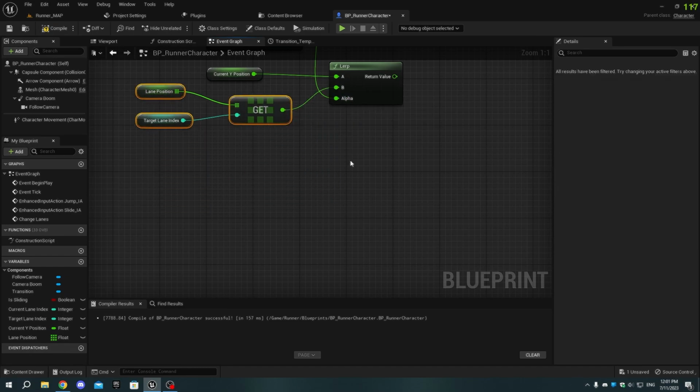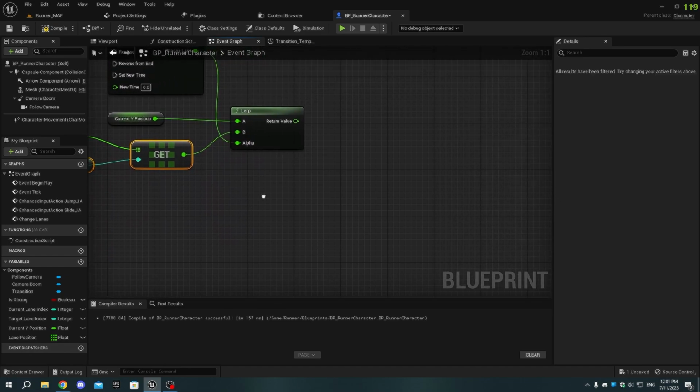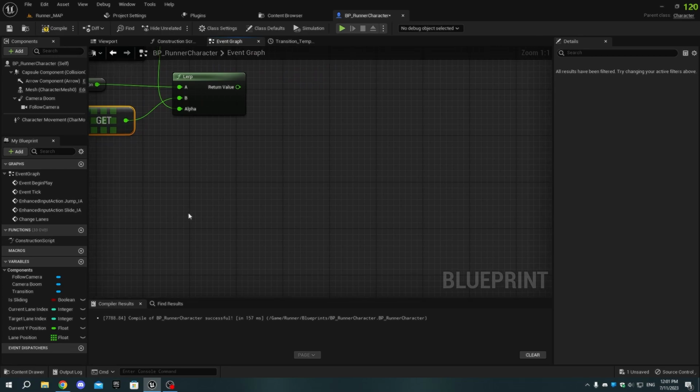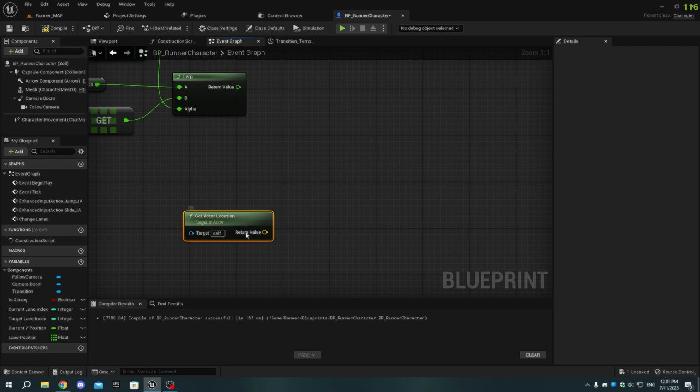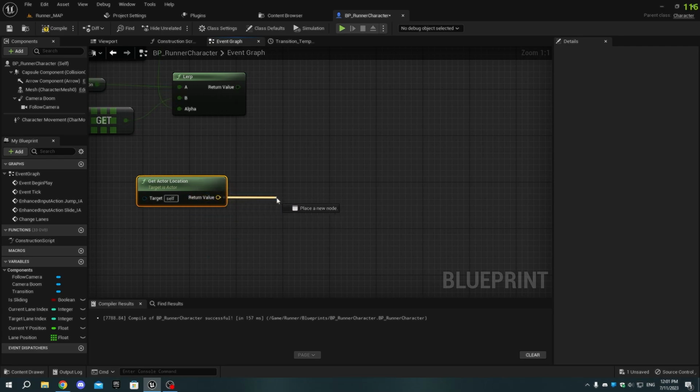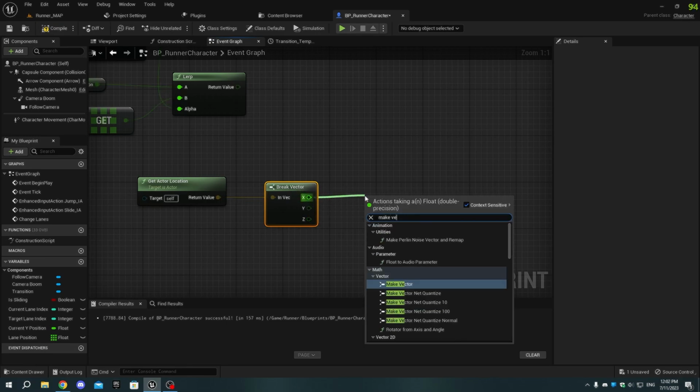Now, add a getActorLocation node and connect it to a breakVector node. From the X pin of the breakVector node, add a makeVector node and connect the Z pin as well.